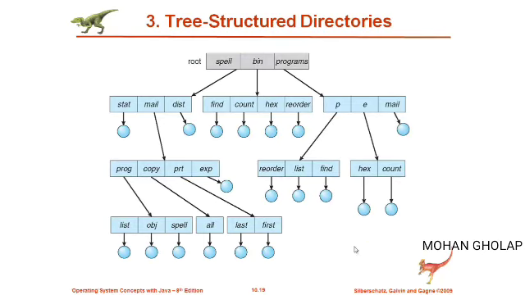The third scheme is the tree structured directories. Tree structured directories means that instead of having only a one or two level hierarchy, here we have a number of levels in the hierarchy. As a result, you can arrange the number of directories and subdirectories in the form of a tree. Here this is the root directory, and below this we again have subdirectories. Again below this we have different directories. In this way everything is in a well structured way.